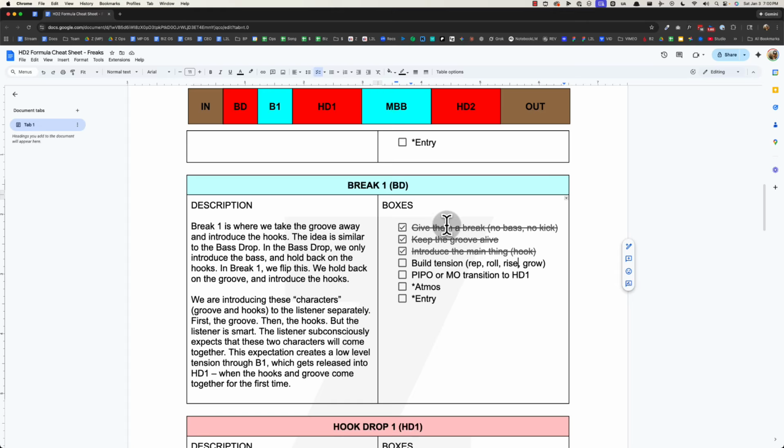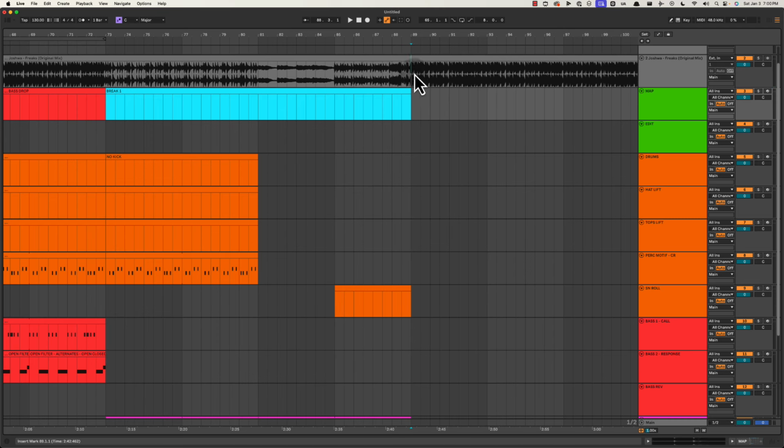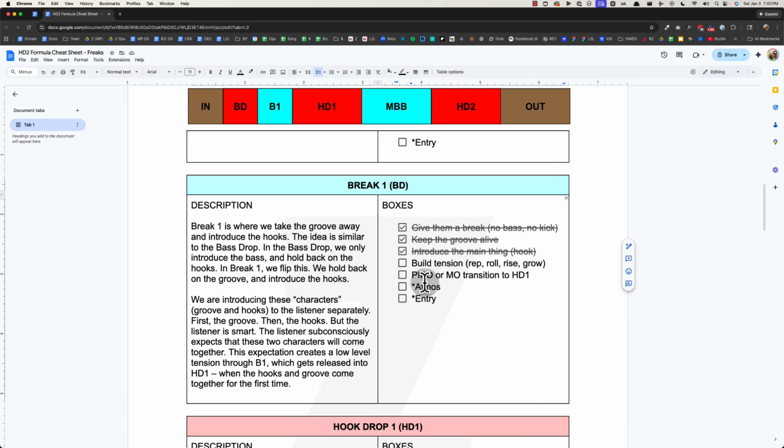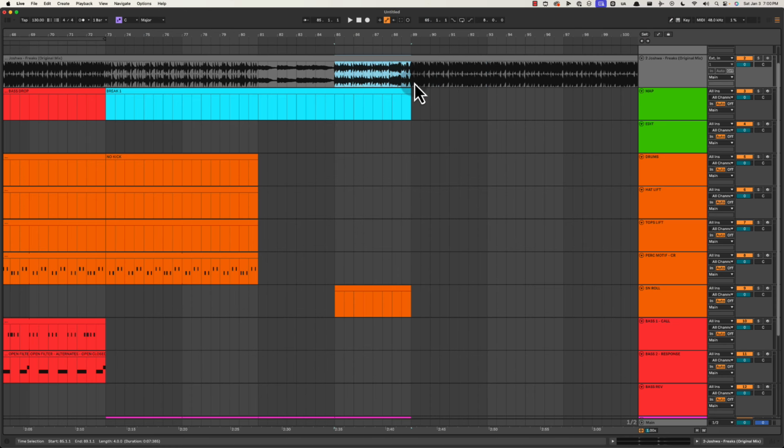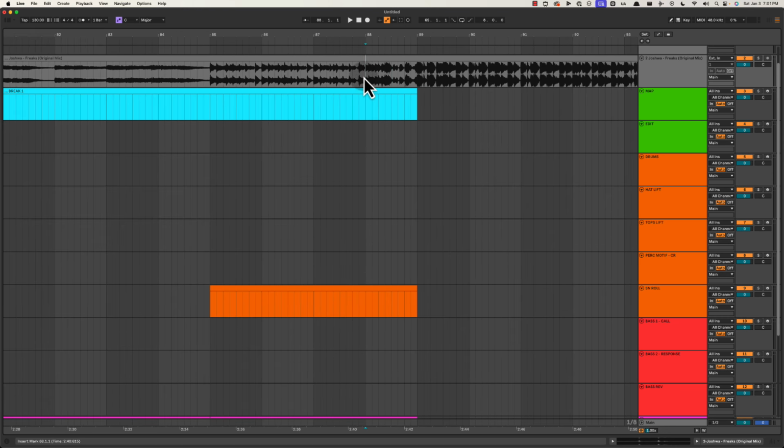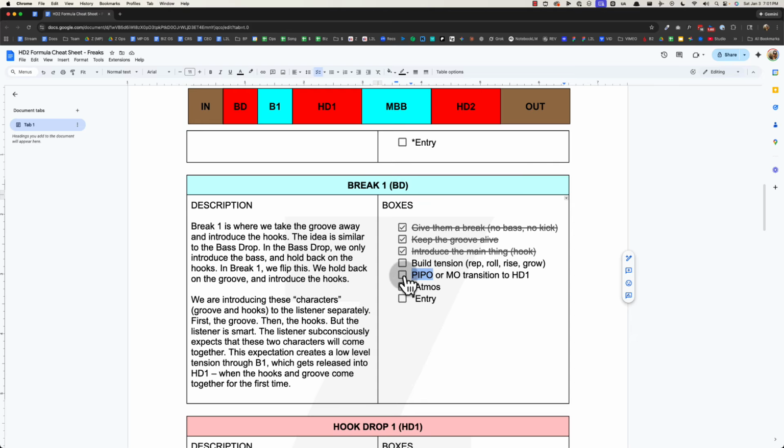And then that brings us into the transition into the drop, which is going to be, in this case, a PIPO transition. A PIPO is pattern, interrupt, pay off. Here we have a building pattern, which is just tension, tension, tension, tension, tension. And then that tension gets abruptly stopped. That's what PIPO stands for, P-I-P-O: pattern, interrupt, pay off. So the building pattern gets interrupted abruptly. Boom, stops right there. And then we get the payoff, and then you explode into the drop. And so the transition is right there.